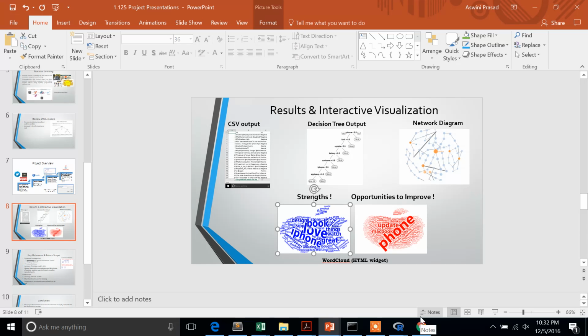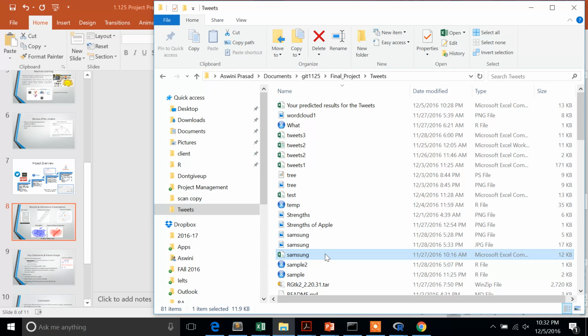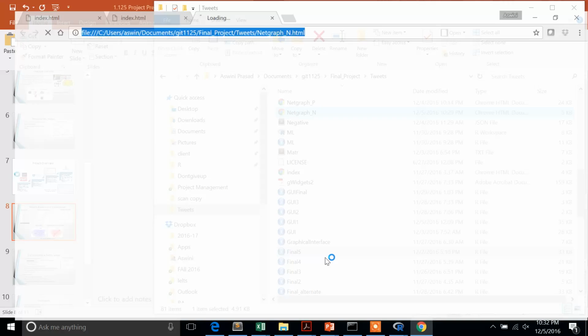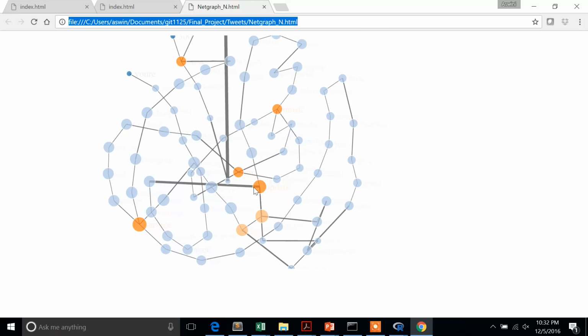Next, now I simply know what is positive and negative. For example, I know people have a lot of negative sentiments about iPhone. So what kind of negative sentiments? How are each of them connected? To do that, we have a different output stored as a result of this programming, which is, yeah, this